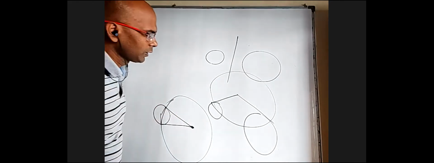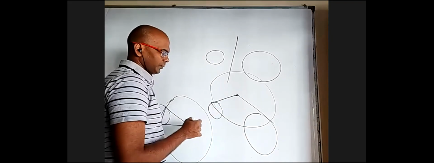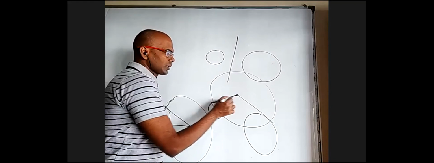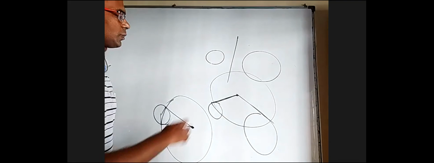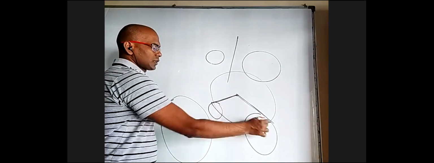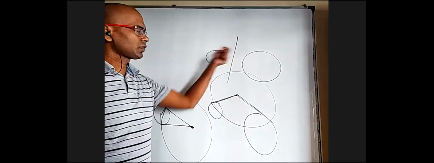Based on that, if a circle is intersecting two circles orthogonally, from the center of that circle, the length of tangent to this circle is also the radius, and the length of tangent to this circle is also the radius, and the radius can't be different. So that means from this point, the lengths of tangent to both circles should be equal. If lengths of tangents are equal, power is equal, so the locus of the point will be the radical axis.